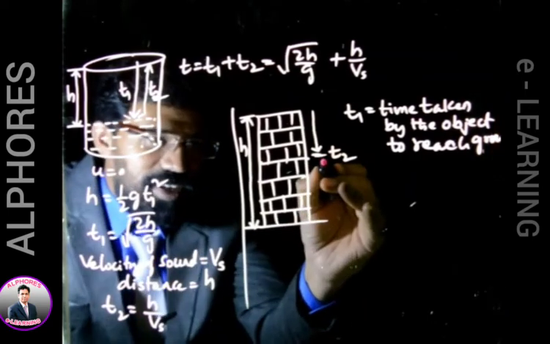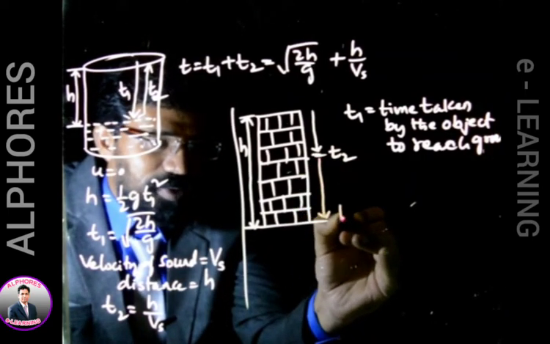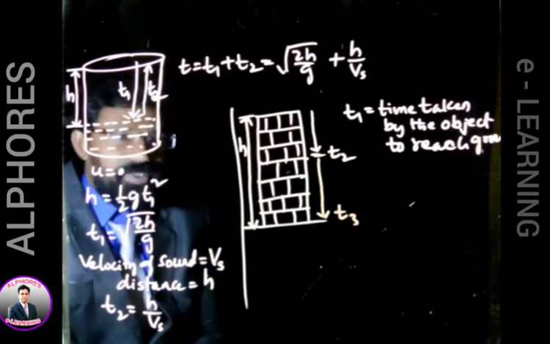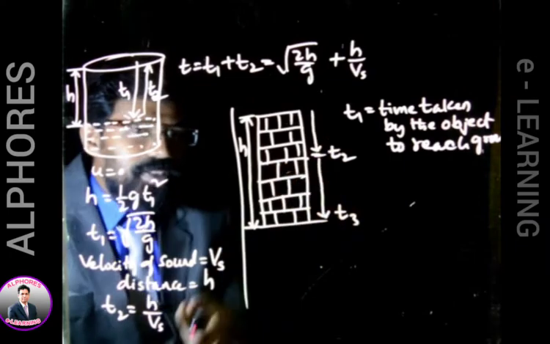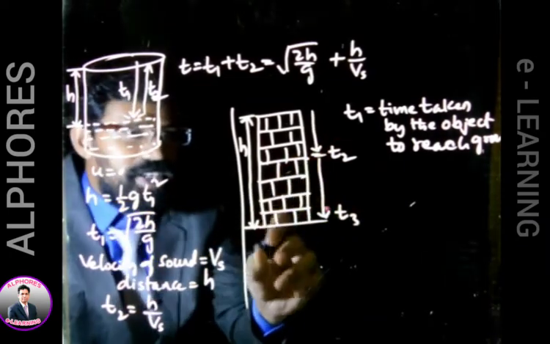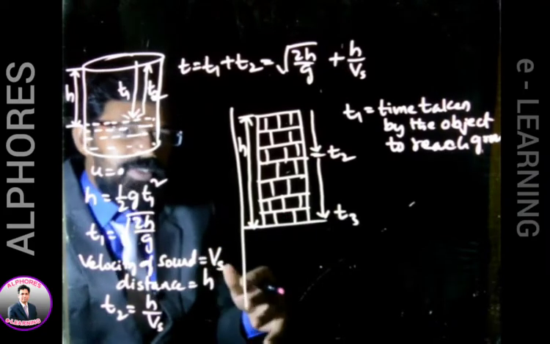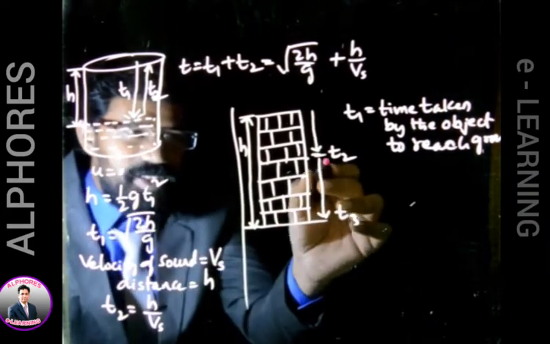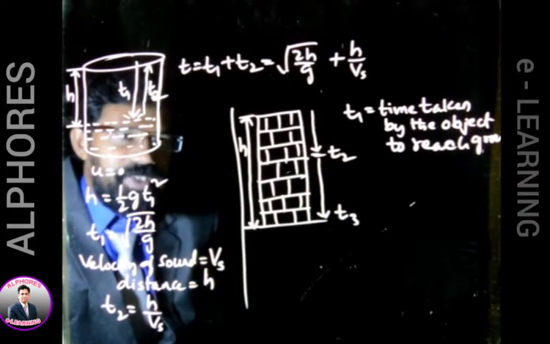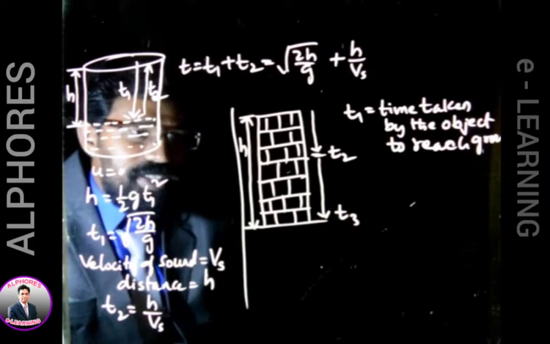Again after it is dropped from this point, let us say it takes a time equal to t3 seconds to reach the surface. Students, listen, here T2 plus T3 is not equal to T1. Here it is stopped and again it is released. Released again in the sense that it freshly starts one more free fall motion. Again here the initial velocity is 0, isn't it? So let us try to find out what this T3 value is.